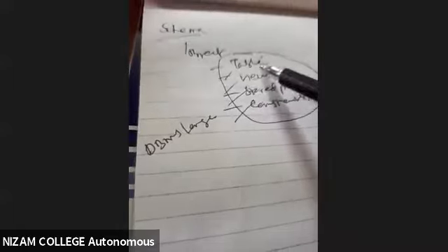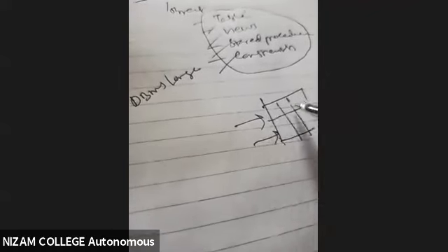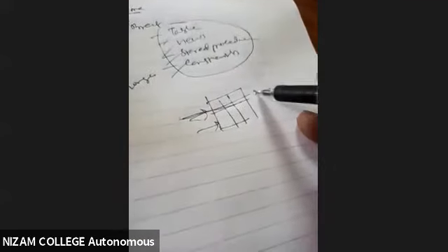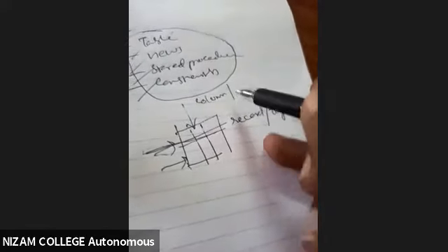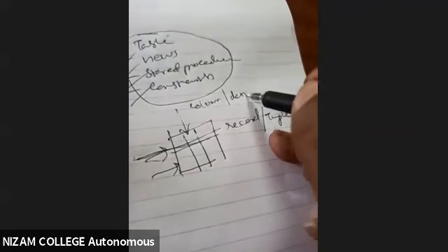When I say table, a table is a collection of rows and columns. That means I am going to store my data in the form of records. The entire row, we call this a record, or a tuple. In our DBMS language, we call this a tuple. The columns, we call these columns, or a domain.